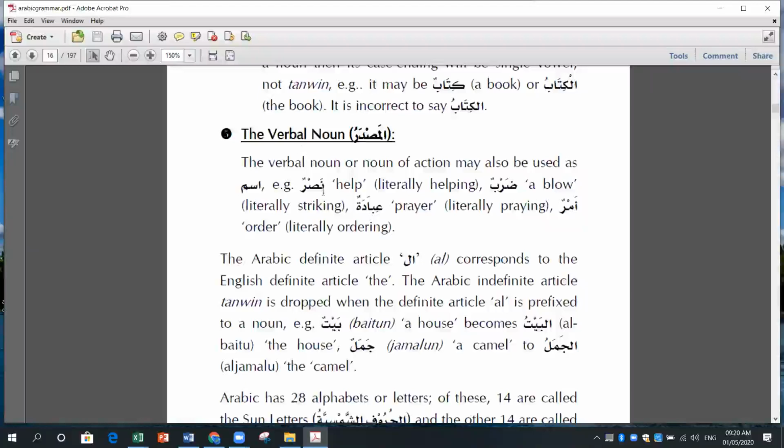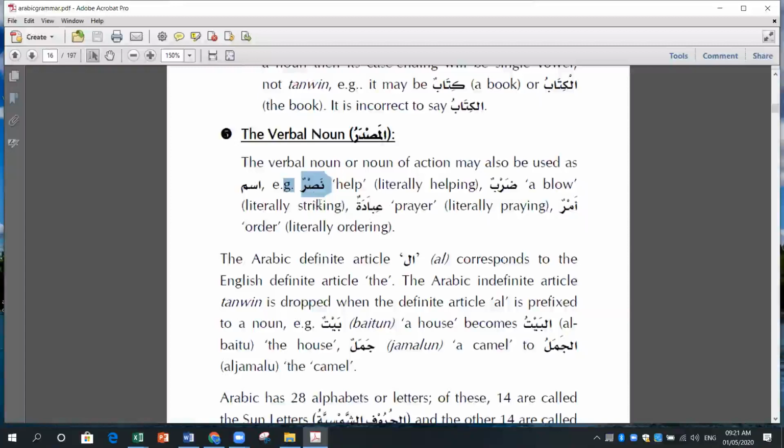And remember, nasrun. Nasrun means help. If I ask you to recognize this, what is this? You will say it's ism because there is tanween here. We read that this tanween is the symbol of noun. Remember the very first thing I was discussing with you: ism carries either tanween or alif lam. So nasrun, it means help, and here it is used as an ism, as a noun.